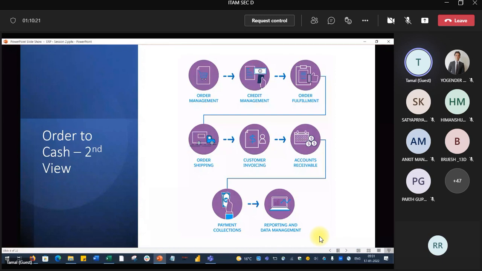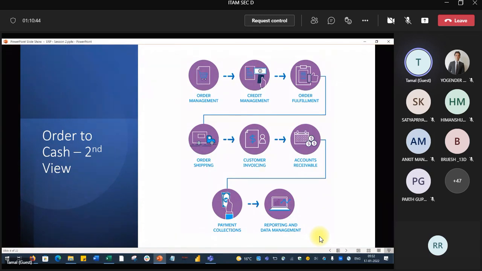Account receivable is not that you just write it in your mind or in a ledger, not that type of thing. Account receivable has to go to the finance module automatically. Okay, then the payment collection. Once the payment is collected, you have to keep the records for your future data warehousing purpose.